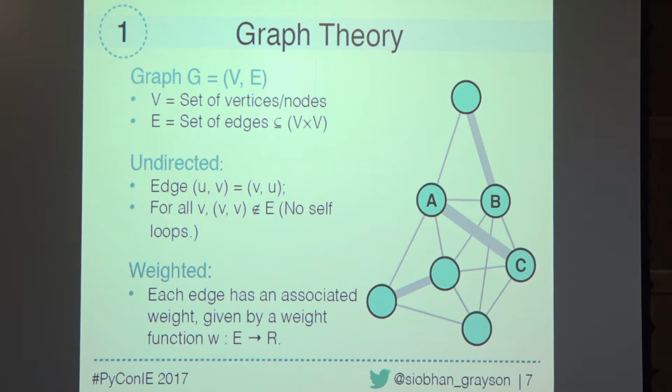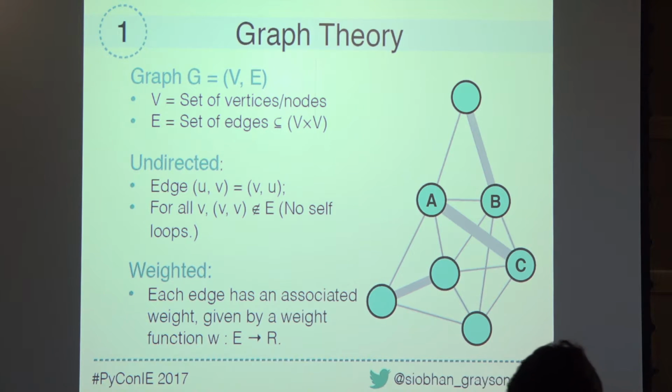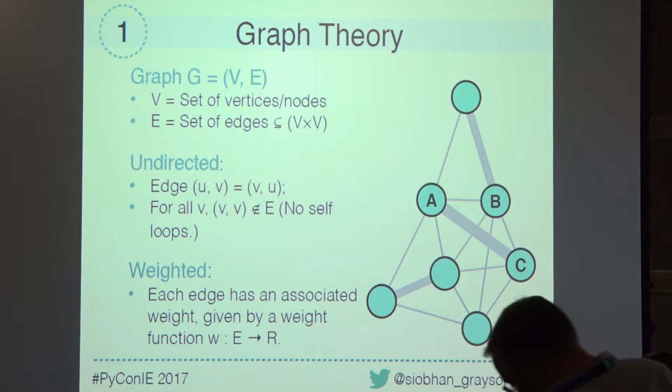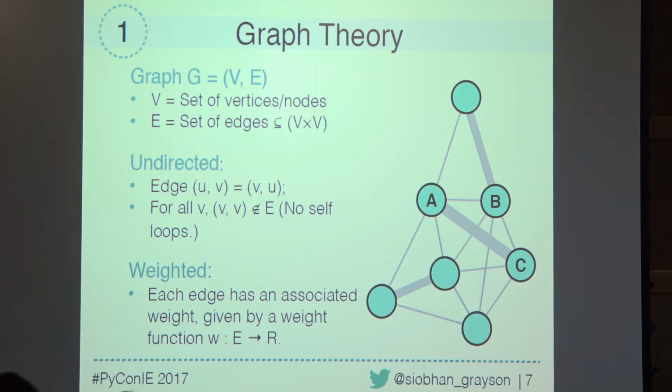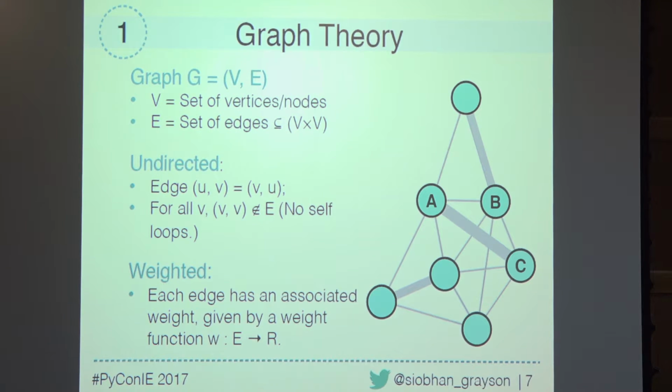So graph theory itself is relatively simple. We think of a graph as a set of nodes and edges. The nodes are the circles in this diagram, and the edges are the lines connecting those nodes, and they indicate an interaction, a relationship of some sort. And we can have different types of graphs. We can have an undirected graph, which is the one I have in the slide. Basically, this is undirected: you can't see arrows pointing on either end.